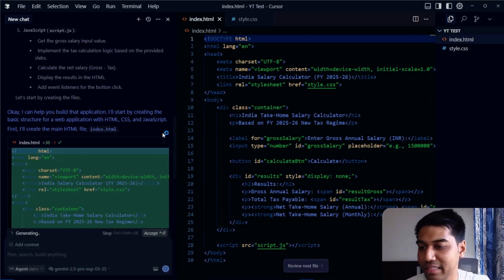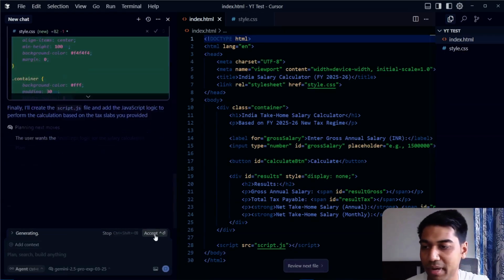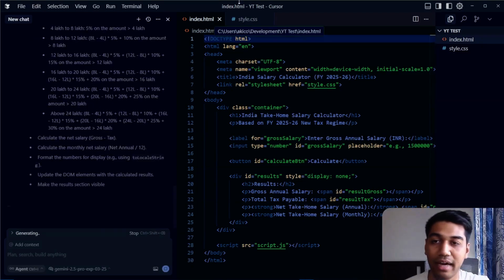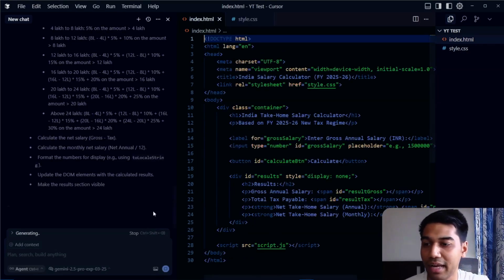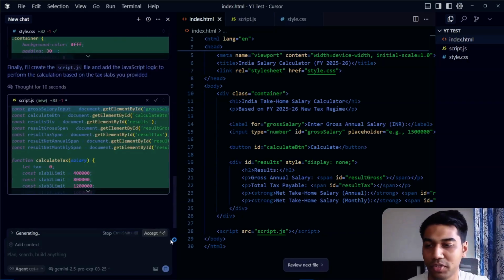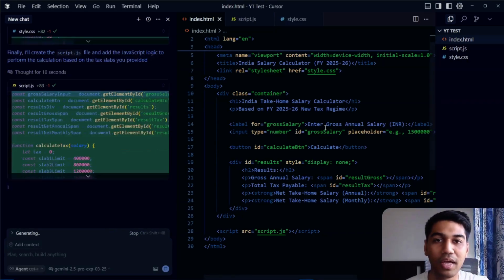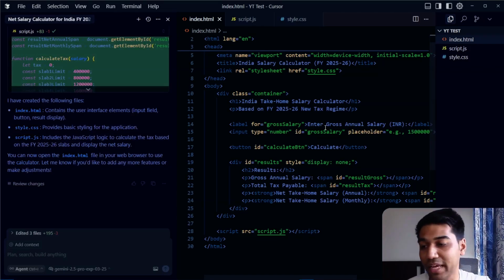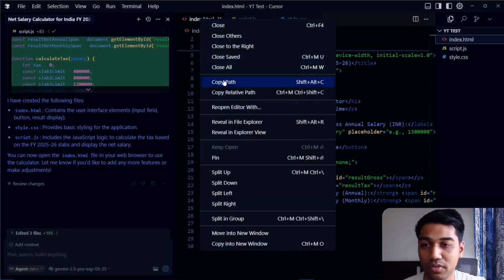You can just click accept. You can wait for it for some time, but sometimes it just asks you to click accept. And you can see it has created a website, an HTML file, a CSS file, and also doing a couple of other calculations to make this complete. Probably going to use JavaScript for the mathematical stuff. So once all of this is done, we should have a very simple rudimentary application built within seconds using Cursor. So I just copy this path,